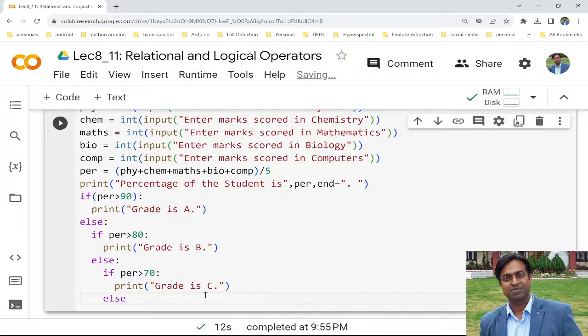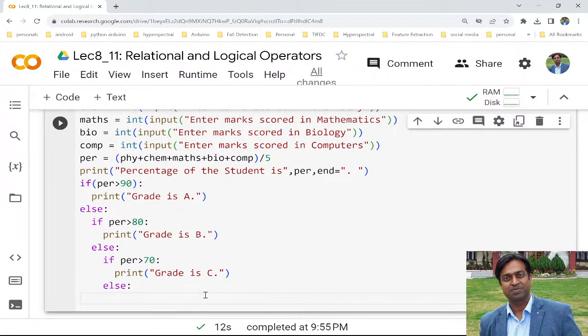Else we can put print grade is D, right? So over here, if percentage is greater than 90, then we are going to print this. If percentage is not greater than 90, then we will be over here, and over here we check if percentage